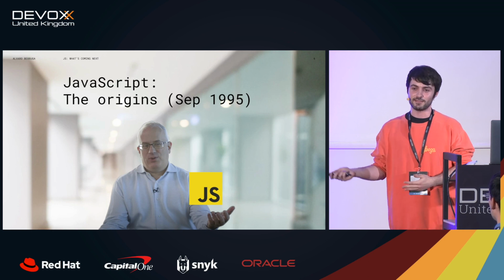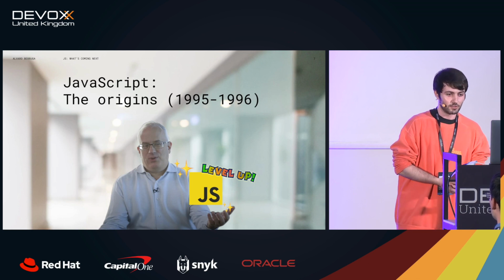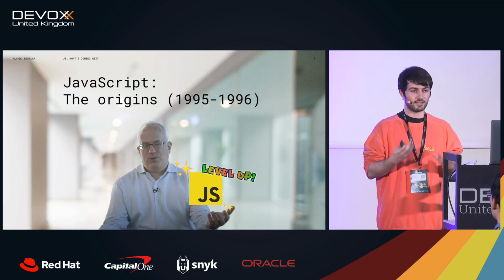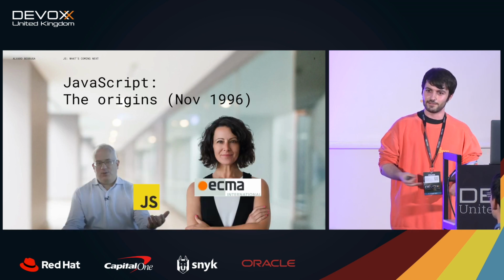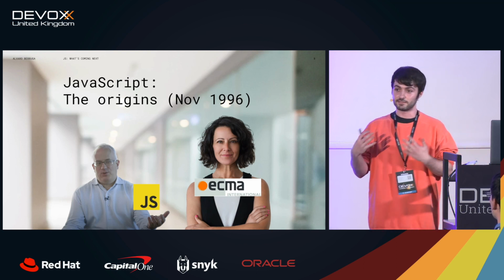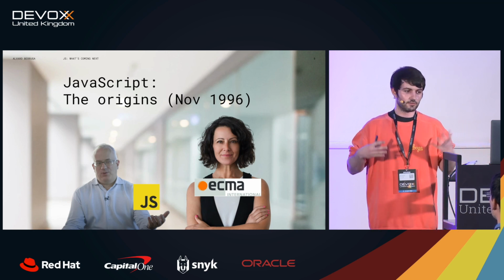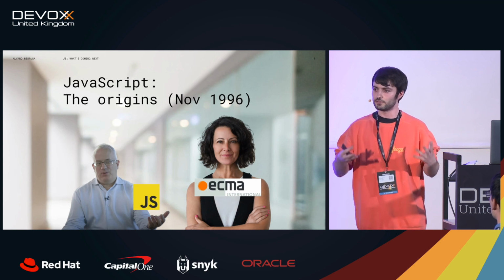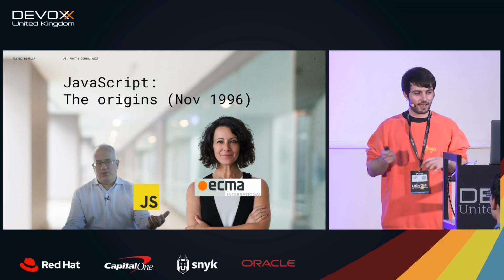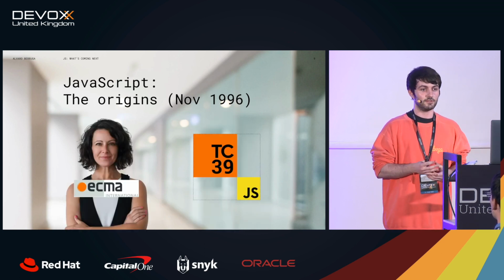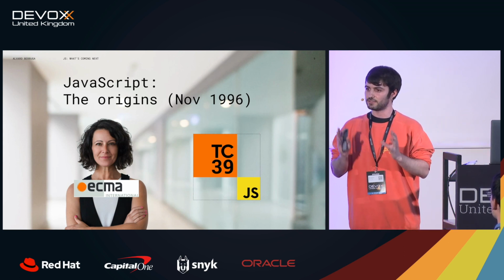So they decided to go with it, and they were super proud of what they did, so they decided to level it up and create a standard out of it. Netscape went to ECMA, an organization that takes care of creating standards, and said, hey, we want JavaScript to grow organically, we want a big community, more features, better syntax, so we need a standard out of this. Can you help us? ECMA took JavaScript and created a committee, a group of people called the TC39, in charge of creating a standard out of JavaScript.